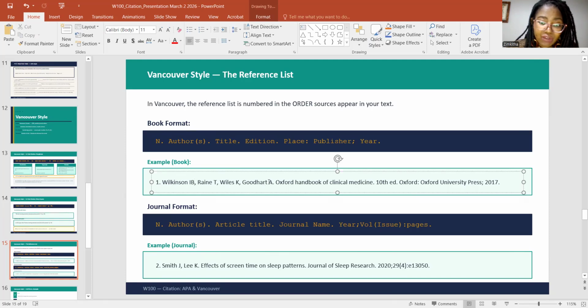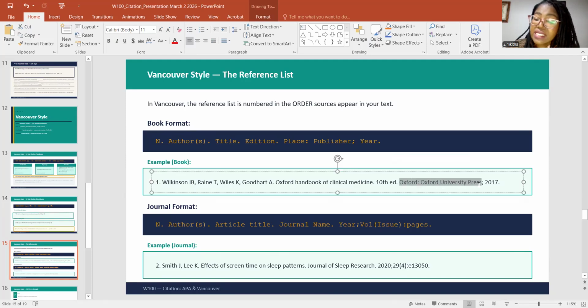Here we have quite a few authors: Rain, Whites, K, and Goodhart, full stop. Then the name of the journal. Then you write the edition, sometimes you'll see 10th edition. And the press.